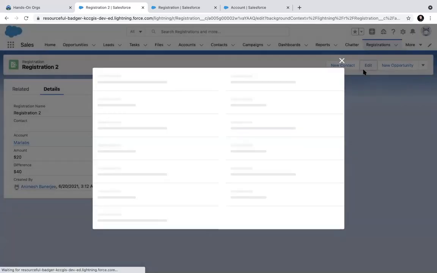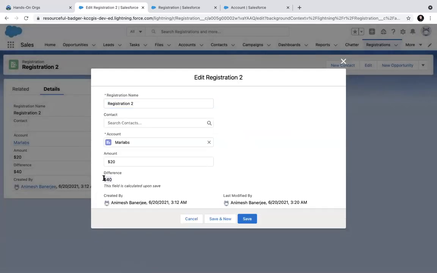If it is a formula field, it is not editable. You see, you cannot edit this. Yes, sir. Sir, actually that means total registration is $60. From that we are deducting the amount as registration $10. So we are deducting it, and then the total result is coming as 50. That's correct.